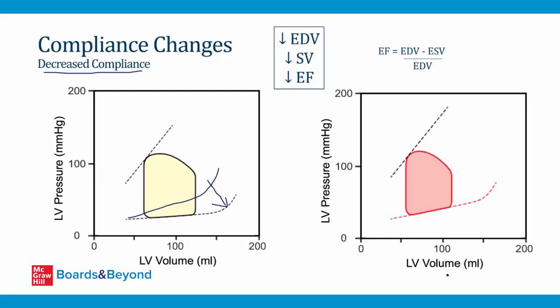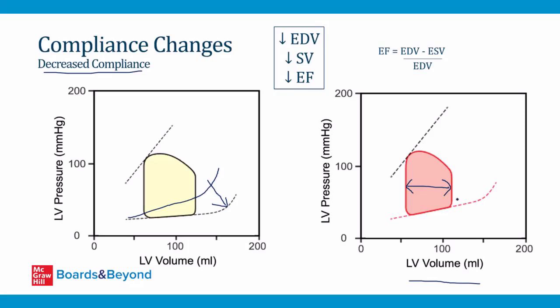And so when that happens, you get a pressure-volume loop like the one in red on the right side of the screen here. And the first thing you should notice is that this pressure-volume loop is narrower. And as we've discussed, that always means a fall in stroke volume. And that makes sense when you think about it. When the ventricle is stiff, it can't fill with as much blood because it's stiff and can't relax. And therefore, less blood fills the chamber and less blood leaves the chamber with each cycle, so there's a lower